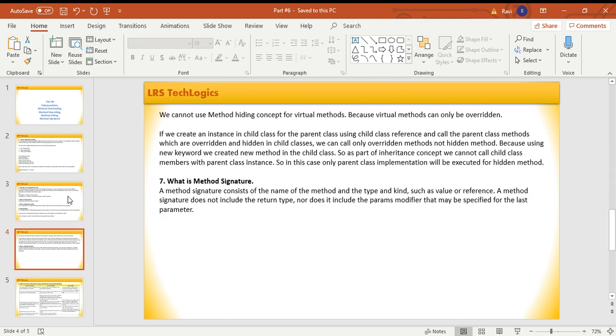We cannot use the method hiding concept for virtual methods, because virtual methods can only be overridden. If we declare a parent class method as virtual, it can be overridden in the child class, but it cannot be hidden. If we create an instance of the parent class using a child class reference and call the parent class methods which are overridden and hidden in the child classes, we can call only the overridden methods,